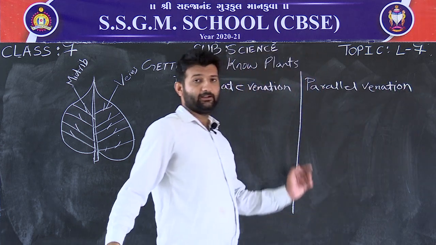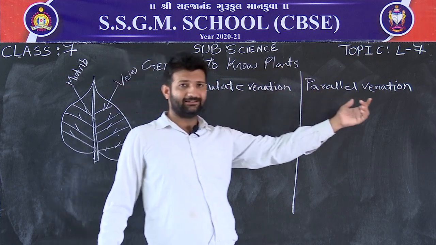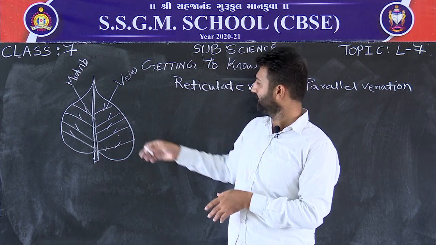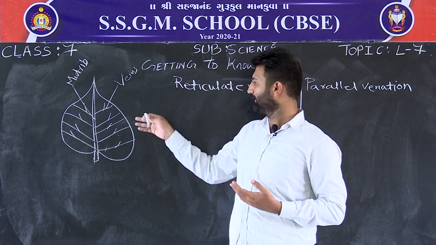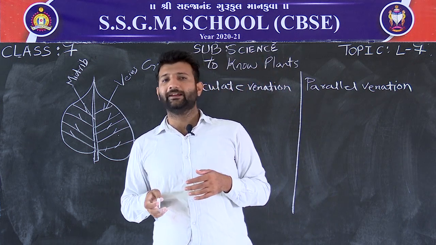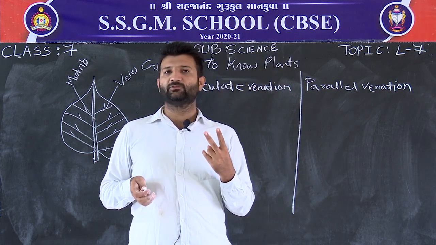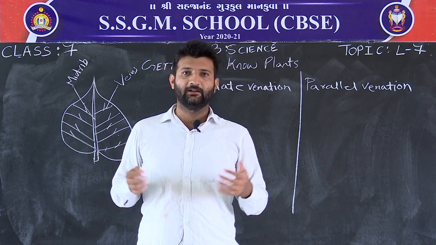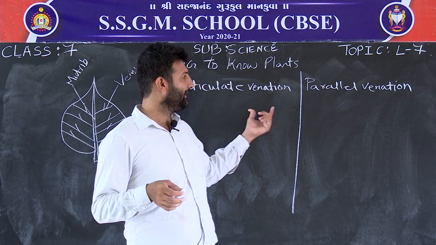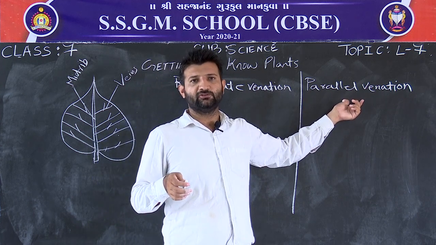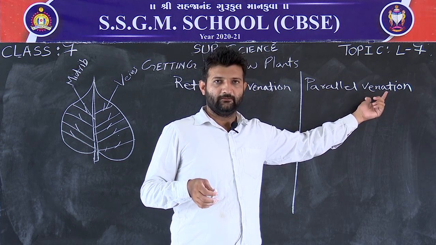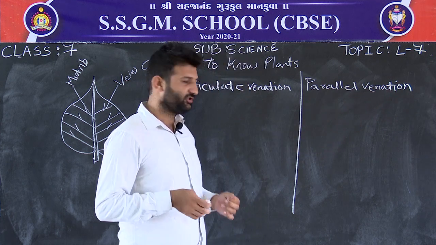Okay. So in reticulate and parallel venation, venation means simply the design, the zigzag design we find on the impression on the page. The different types of pattern we observe on a leaf is known as venation. So generally two types of patterns we observe on the page or sheet of paper. These are reticulate venation and parallel venation, meaning two types of pattern we observe. Venation simply means pattern. Venation means the pattern we observe on the sheet of paper.